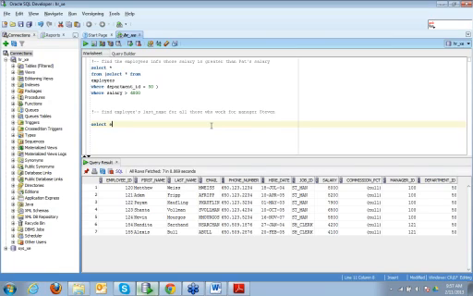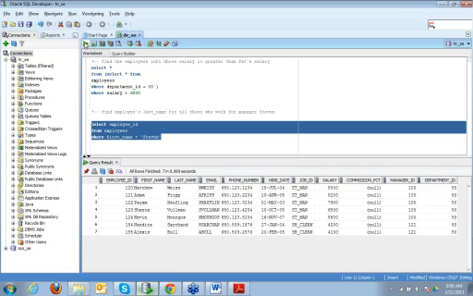So I would say select employee ID from employees where first name is equal to Stephen. Let us run this.